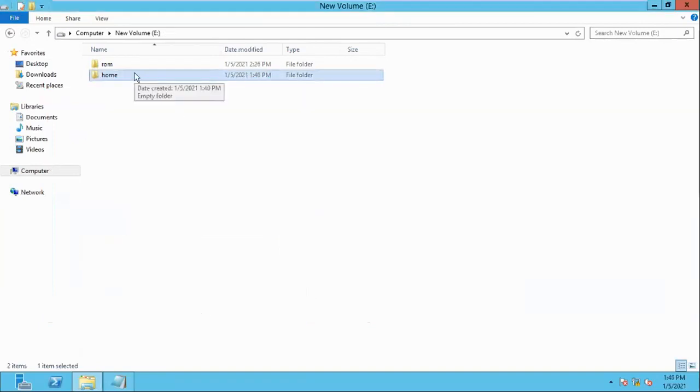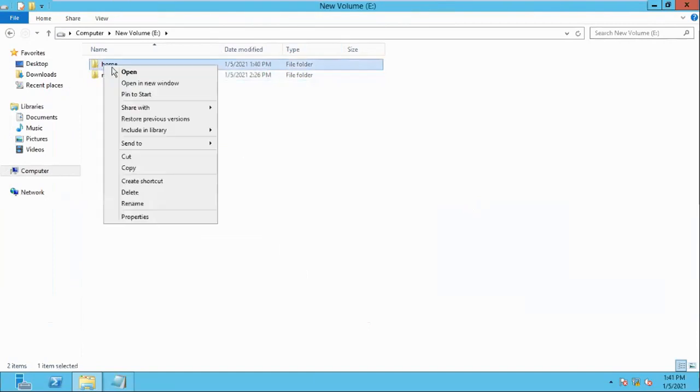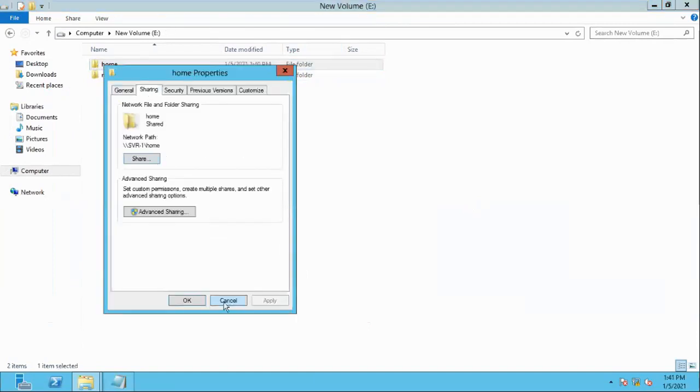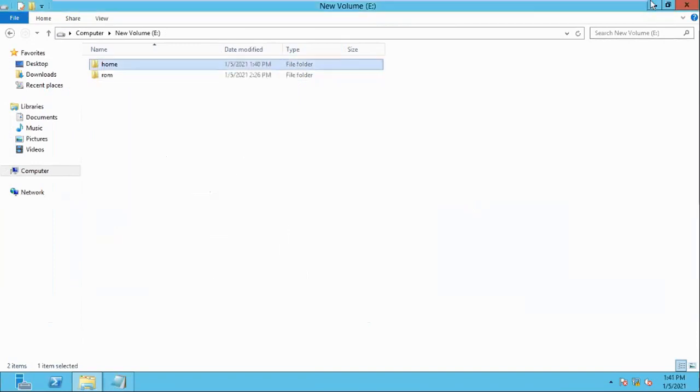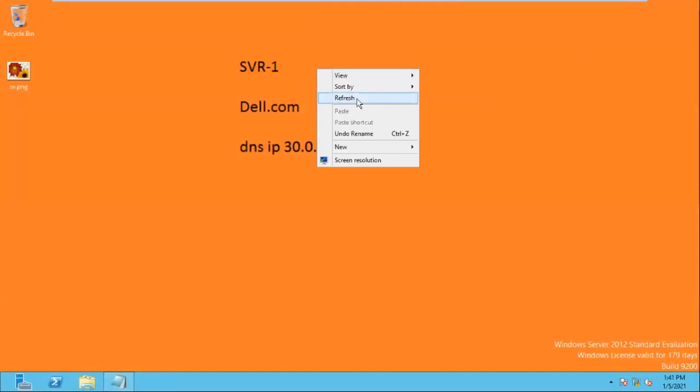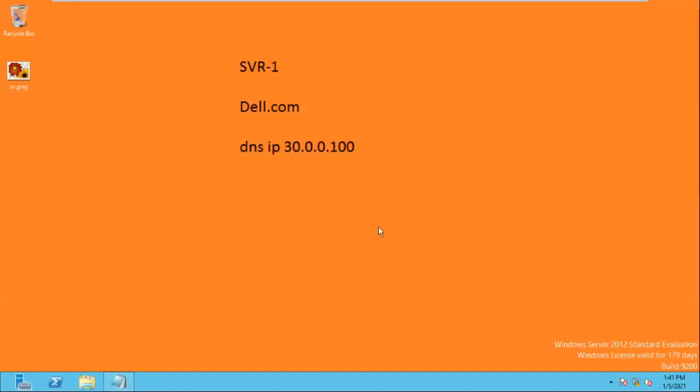Close. So the home folder is a sharing folder. How can I check? Right click, properties, sharing, show. The server name is SVR. Now the share folder is done.